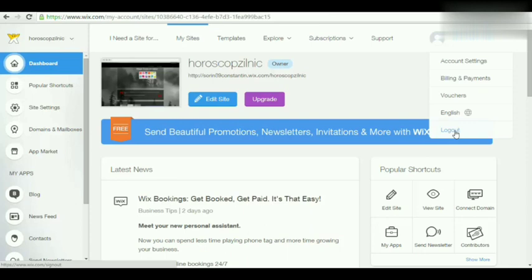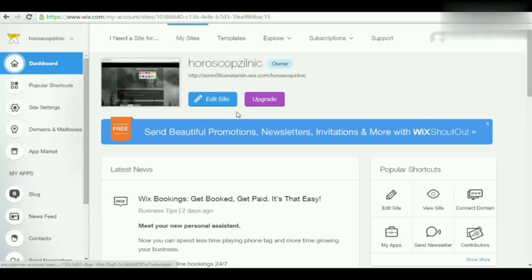And if I press the button sign in, I will also have the option to sign in with my Facebook account. So it's not even that complicated. If you are already logged into Facebook, you enter on Wix.com, you press the button sign in, you will have the option to sign in with Facebook, you sign into Facebook, and this is the dashboard that you will see